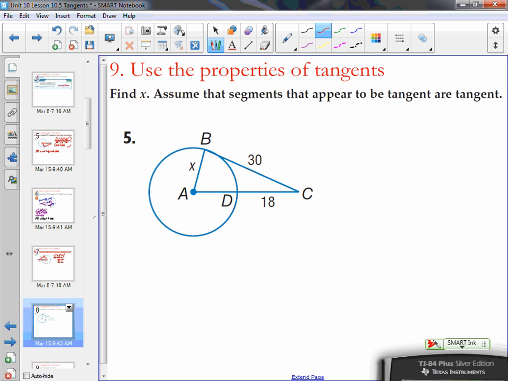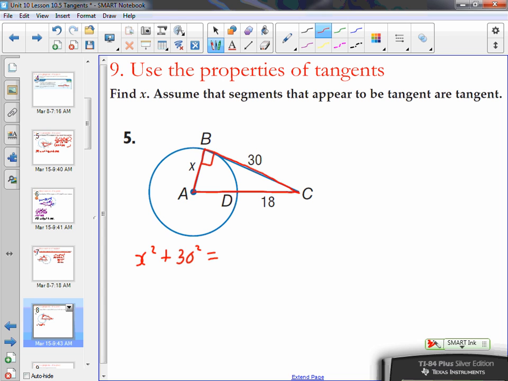Again, assume that any segment that looks like it's tangent is tangent. So segment BC is tangent. That means it's perpendicular to the radius. We can use the Pythagorean theorem again. So one leg squared, x squared, plus the other leg squared, 30 squared, equals,